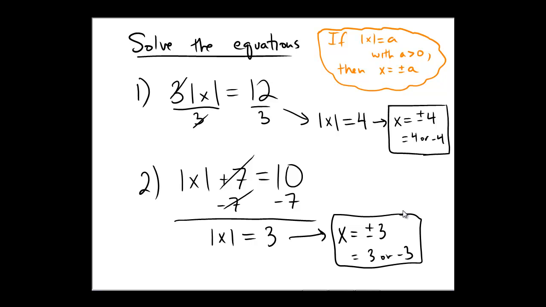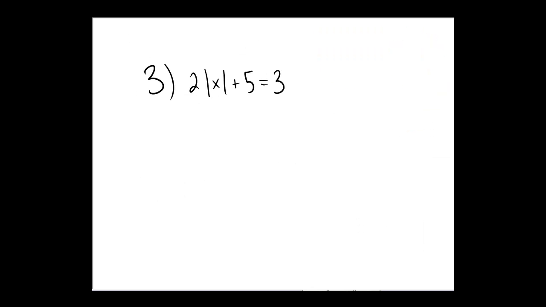Okay, now before you leave, I have a special challenge problem here. Try this third problem: 2 times the absolute value of x plus 5 equals 3. And again, pause the video, try it on your own. But assuming you gave it the good old college try here, of course, to isolate the variable here, we would subtract 5